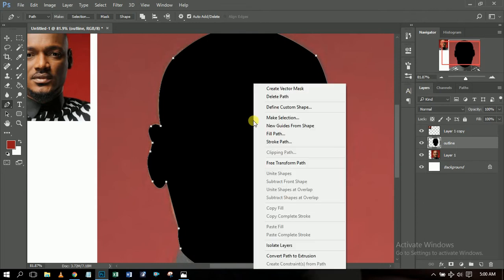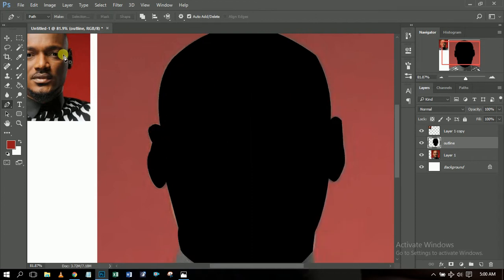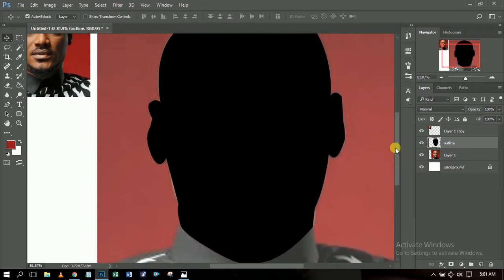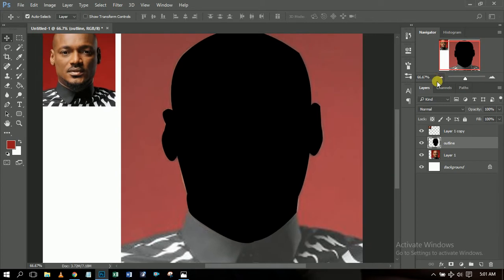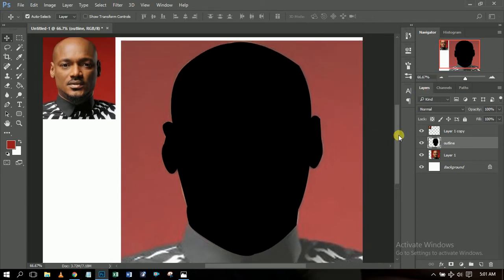So you right click again here and delete path. These traces you can see here, just right click and delete path. So that's that. Now the next thing I'm going to do is make it an outline. If you notice, this is not actually an outline. So what I need to do is